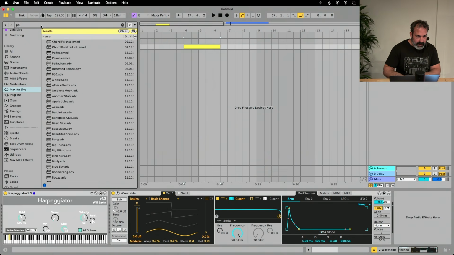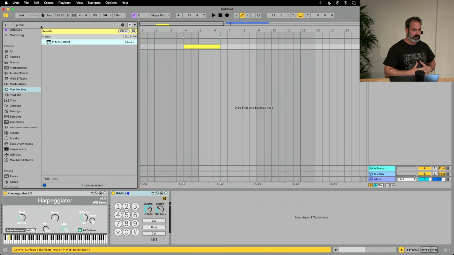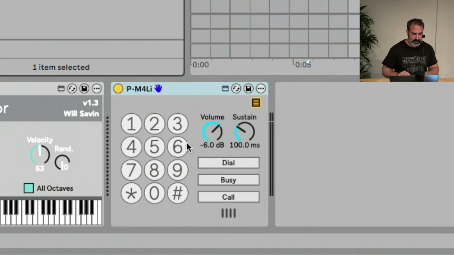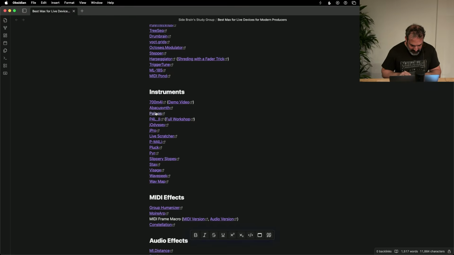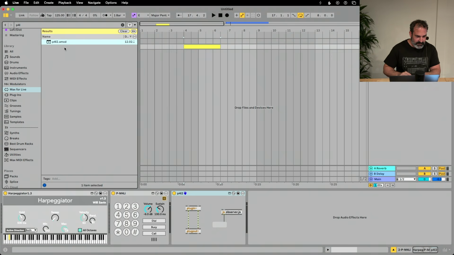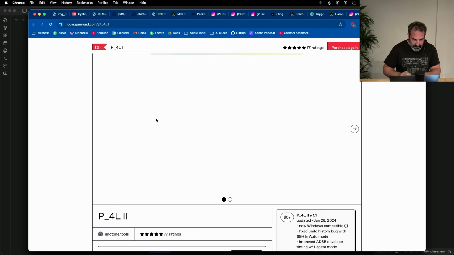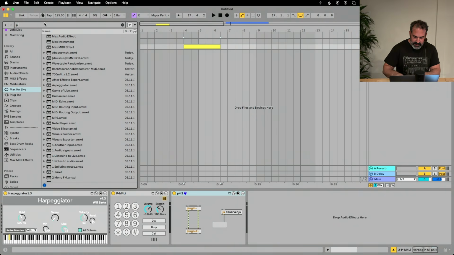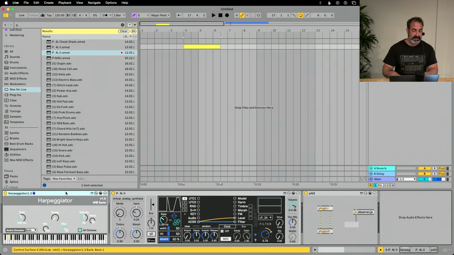If anyone ever went into the modular synthesizer world, oh, not this. This is a free, not this. Wait, what's it called? P4L, yes. P4L. Where is it? This one. I guess you need the under thing. Here we go. So this one, if you ever went to the modular synthesizer world, this is the most